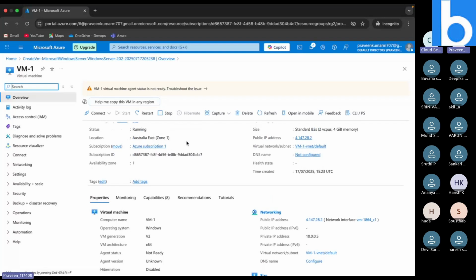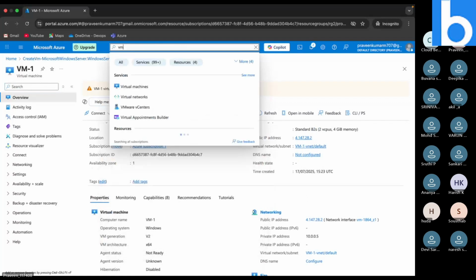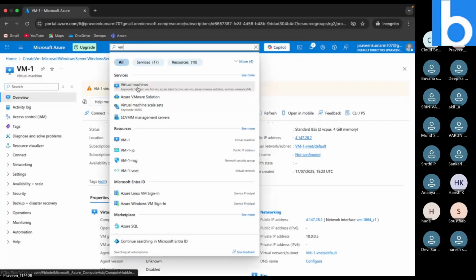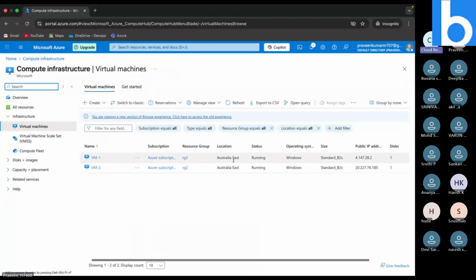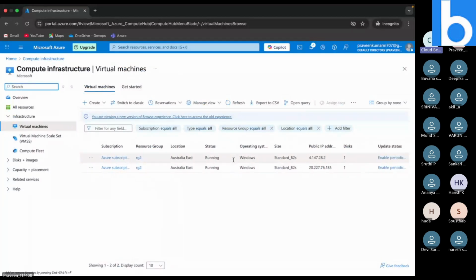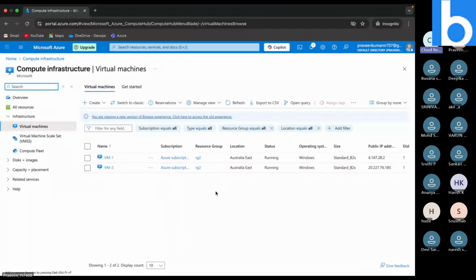Now you just type VM in the search. You can see that there are two machines, VM1 and VM2. You might be thinking, hey, I just created only one machine, why do I have two? Because you selected two different zones. You remember? You selected zone 1 and zone 2. So just click on VM1